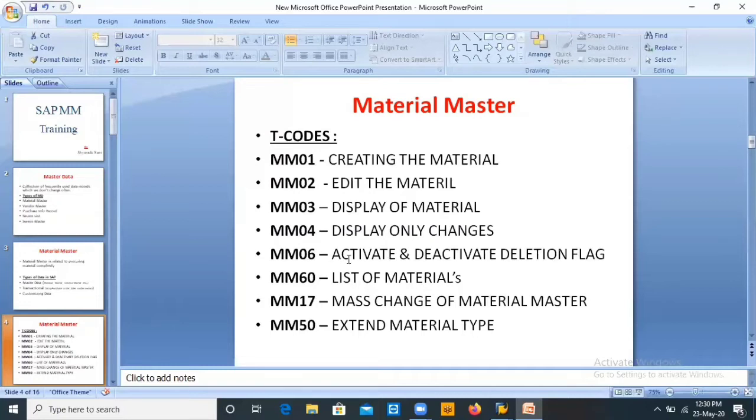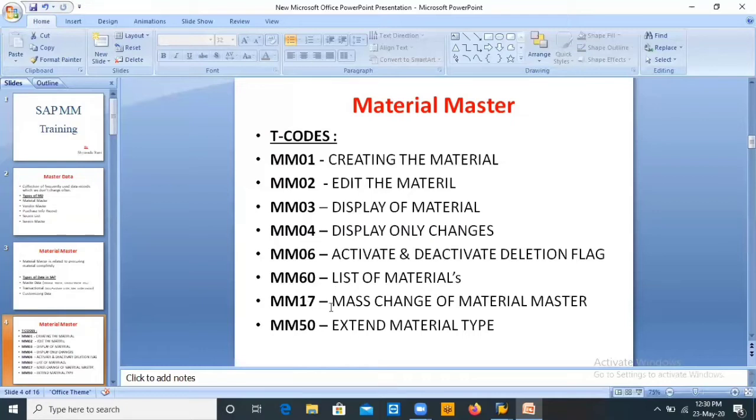If you want to remove that material, we activate the flag. If you want to use it again, we deactivate the deletion flag. That is MM06. We'll check the list of materials in MM60. We'll create thousands of materials, and we'll see the list of whatever we create in MM60.